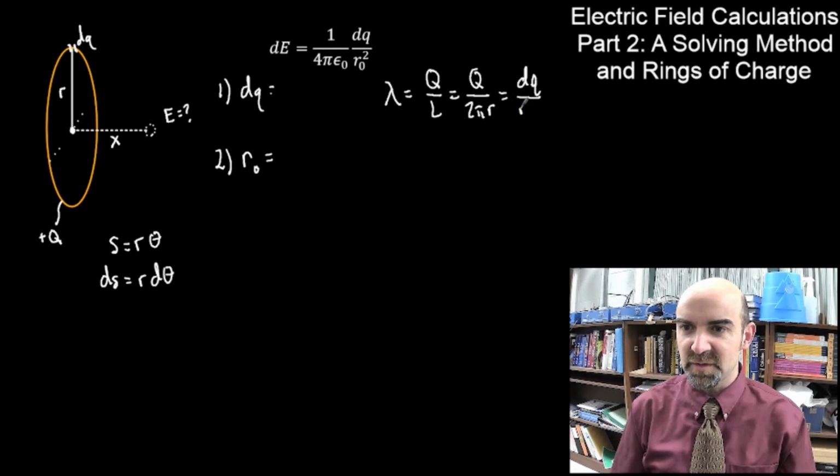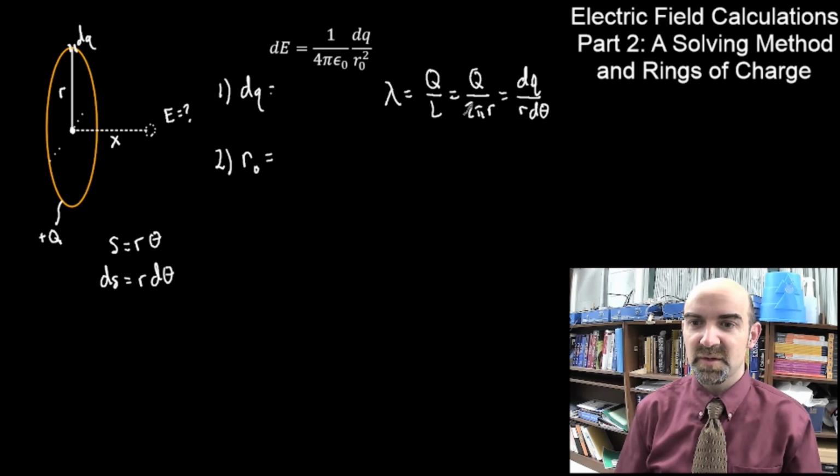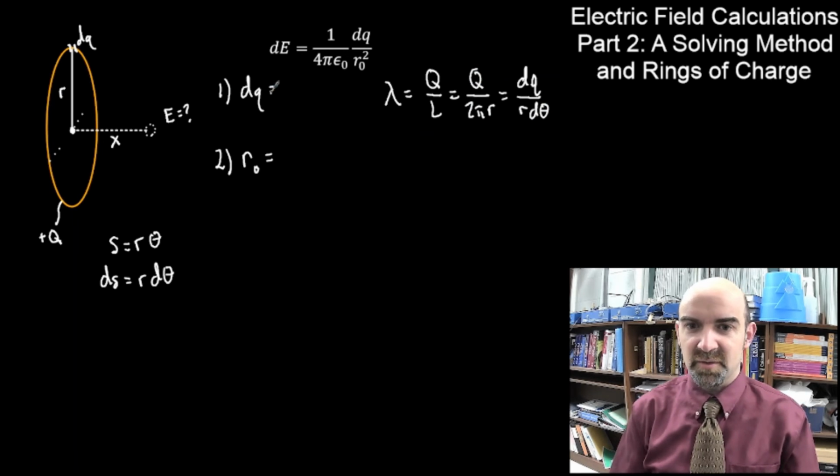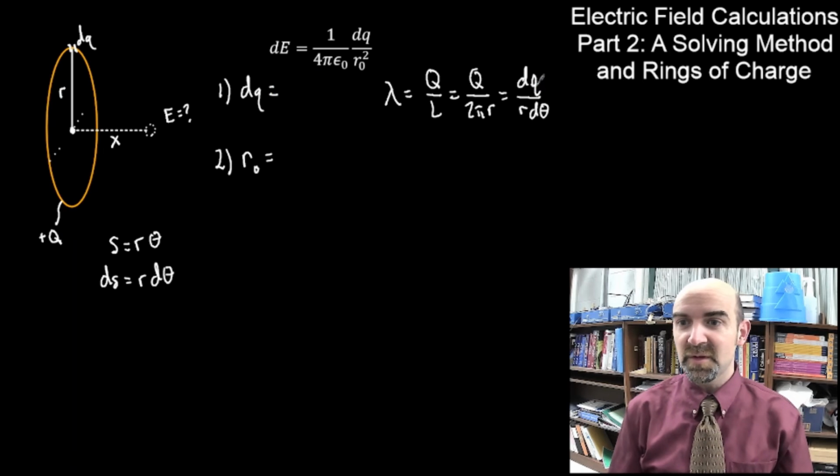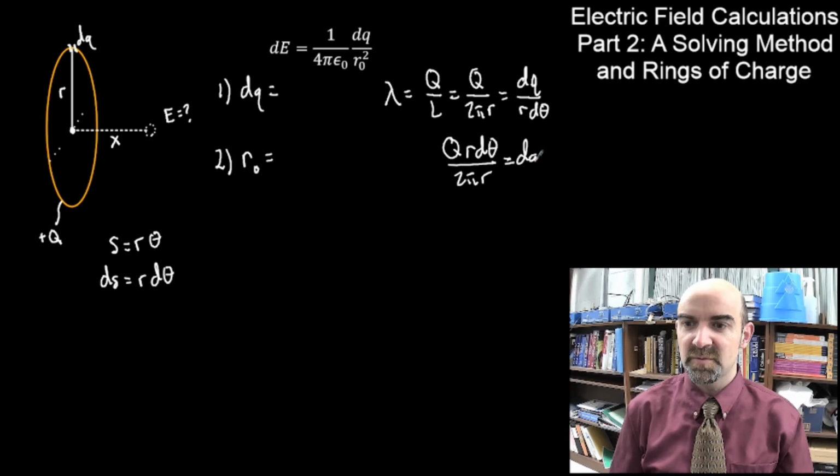Our little ds becomes an r d theta. And now we've got our grounds to figure out dq. dq is equal to q times r d theta divided by 2 pi r,